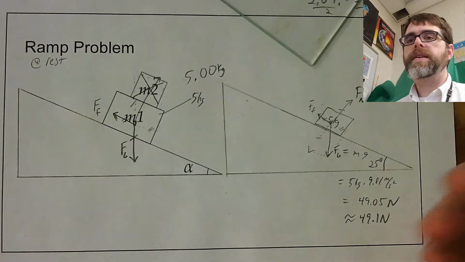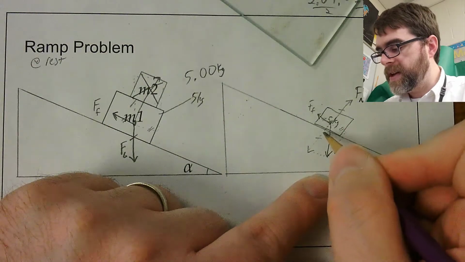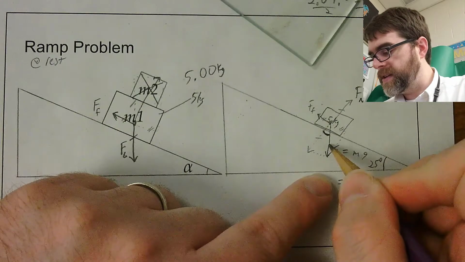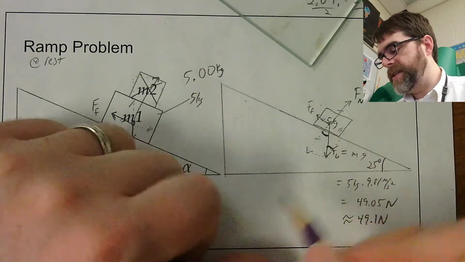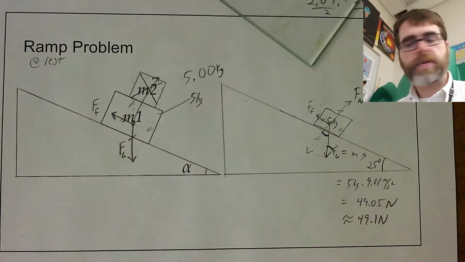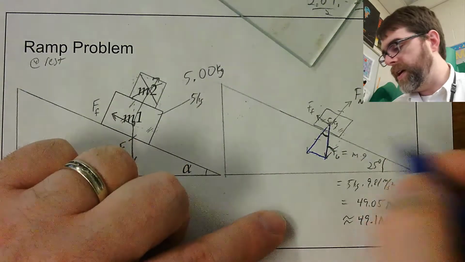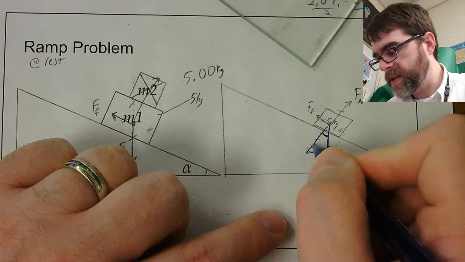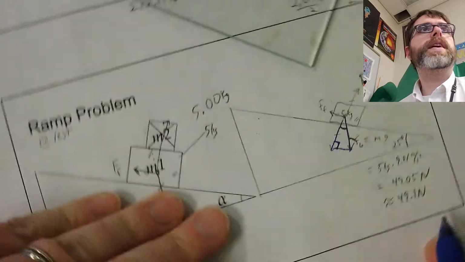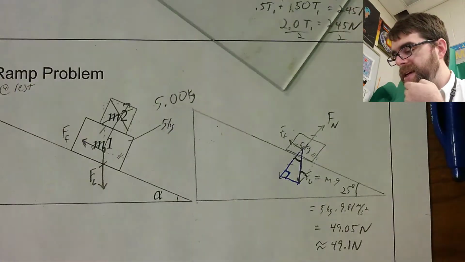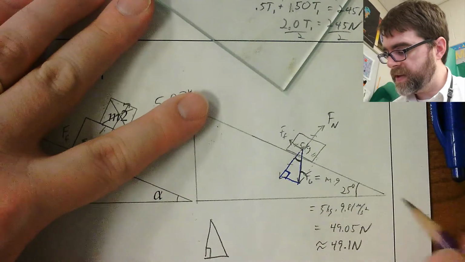Now from there, we're taking advantage of the properties of similar triangles. It turns out that if this here is 25 degrees, then this one here is also 25 degrees, and this one here is 25 degrees. The odd thing is now we have our triangle here that we're going to focus on. I'm actually going to come in here just to emphasize it. Not that we couldn't use the other triangle, but this is the one we generally use, the one going down here. And that there is our right angle, which means this force due to gravity that we've already solved for is now our hypotenuse. And so then we're really dealing with a triangle like this,